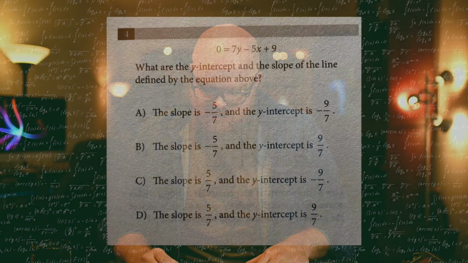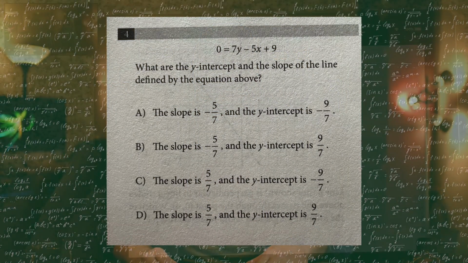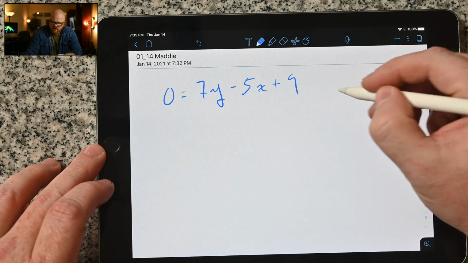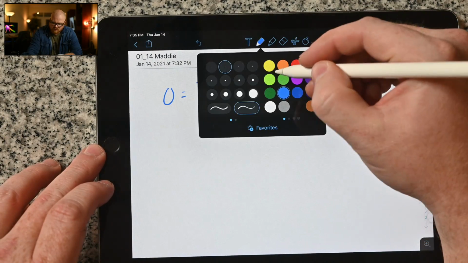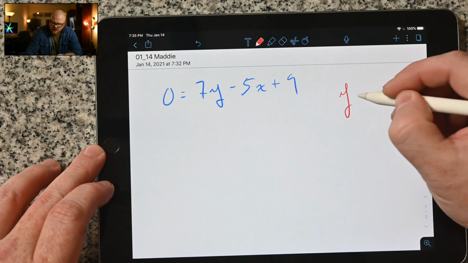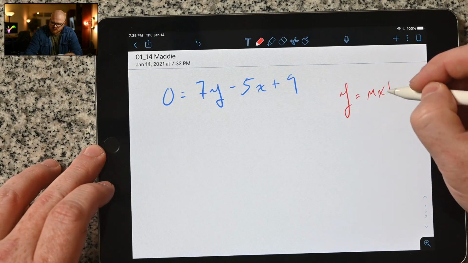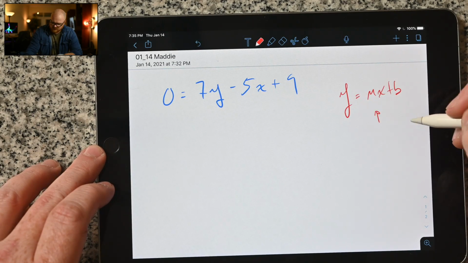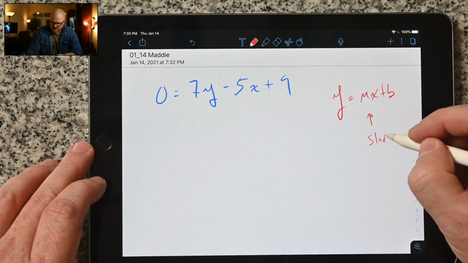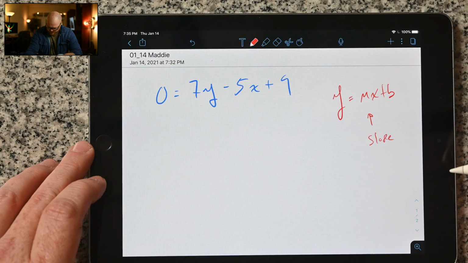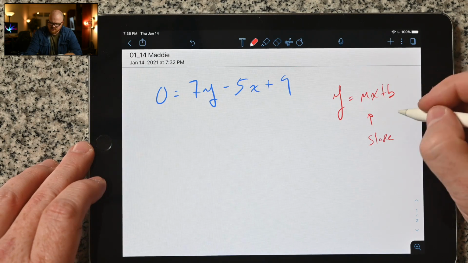Let's take a look here. It says, what are the y-intercept and the slope of the line defined by the equation above? Okay, and remember, our slope-intercept form is y equals mx plus b, right? Where m is the what? M's the slope. Correct. So that'll help us probably narrow it down to 2 of the answer choices, and then